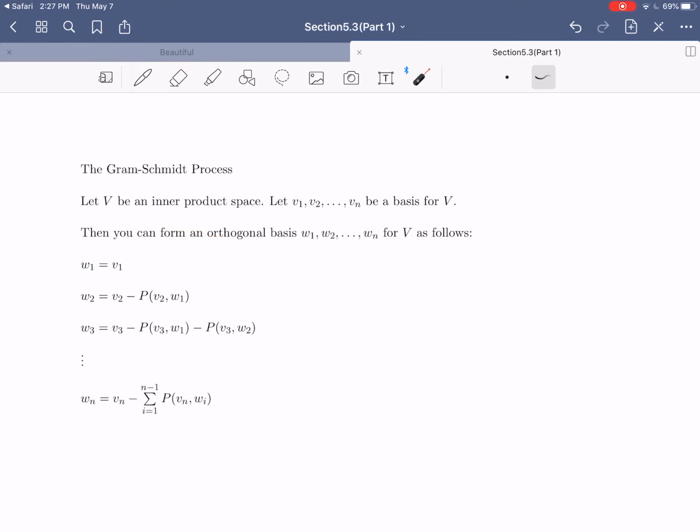It has the same number of vectors, so it's going to be an orthogonal basis, and this shows us how we can convert from any normal basis into an orthogonal basis. Now, we could go through a pretty formal proof using the previous theorem and showing why every one of these is guaranteed to be orthogonal to every other one. I'm not going to bother with that